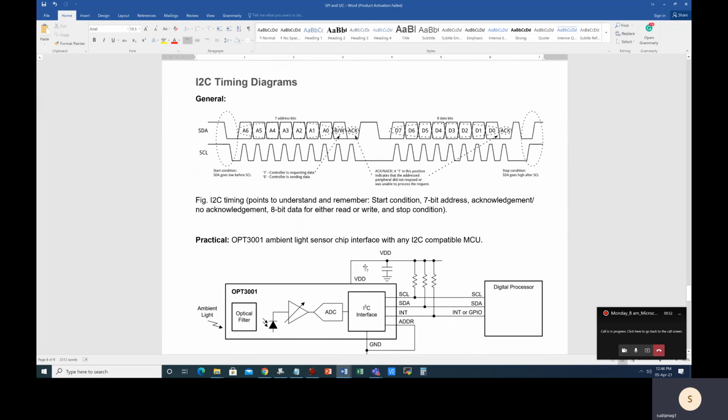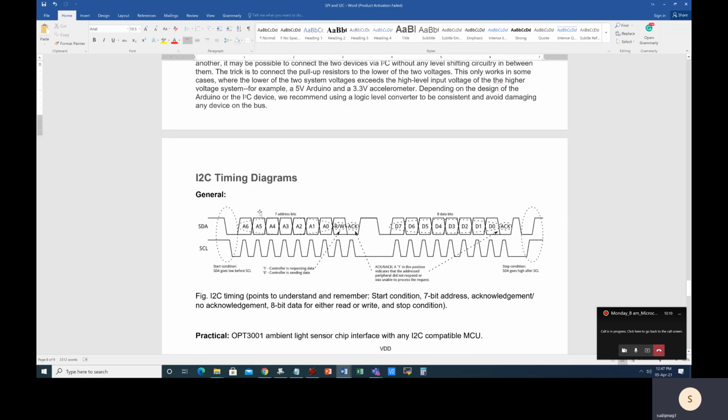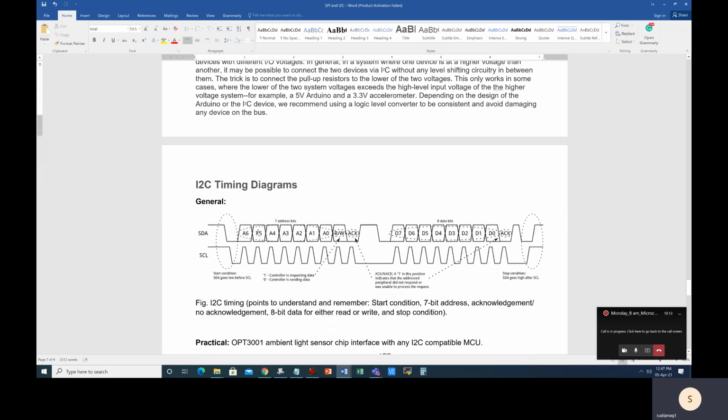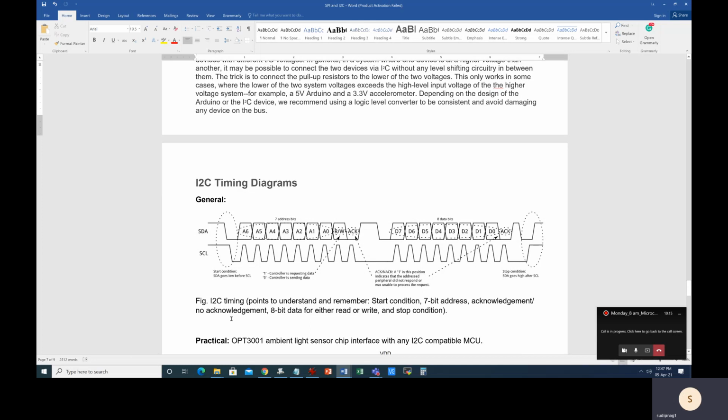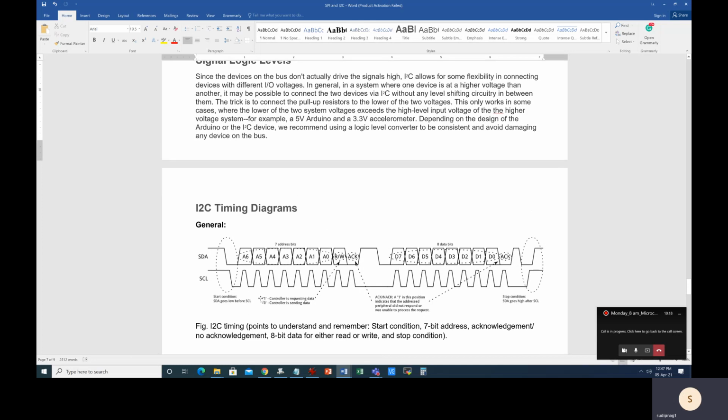The I2C timing diagram is very important. It is somewhat complex compared to SPI and UART, but it is not that complex either. Remember that you just have to understand the concepts in order to get the communication details or timing diagram of the I2C protocol. So let's look at 2 scenarios: one is general and the other one is practical. Let's look at the general scenario first. Remember, there are several points to be grasped and memorized in the case of I2C while doing the coding.